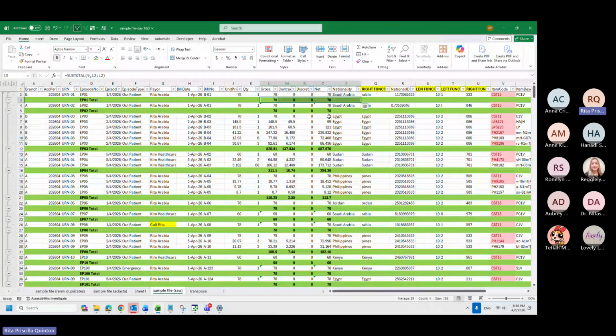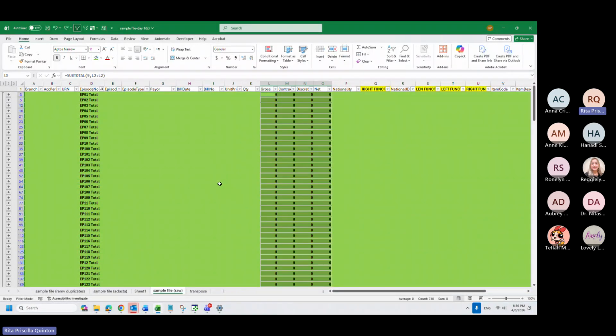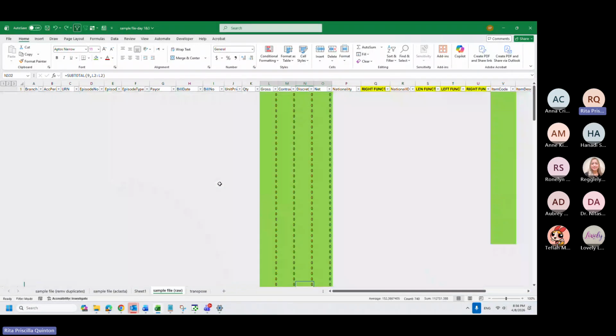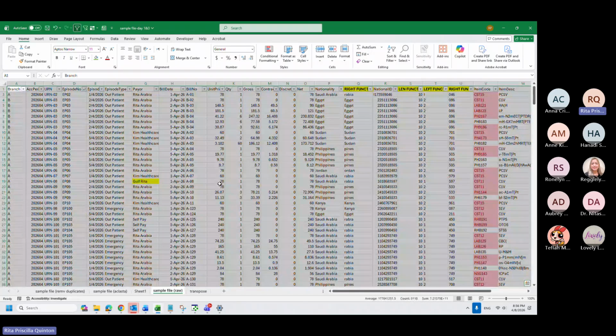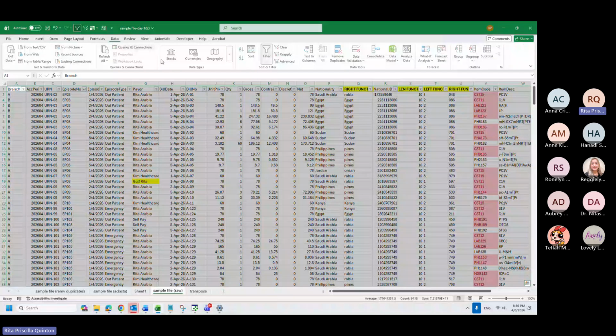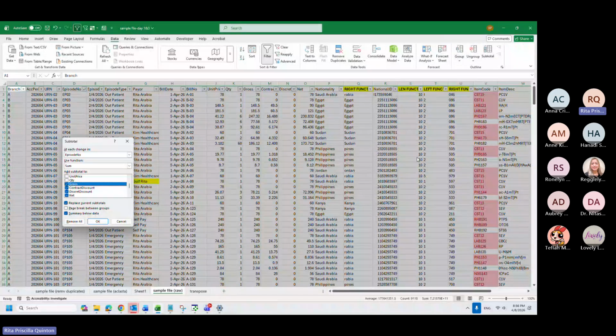I always remember Mr. Salim when I do this because Mr. Salim wants a space in between episodes or each patient. If we will do this for each patient, instead of selecting the episode number, I will select the MR number because he only wants space, so I don't mind if I only put the subtotal anywhere. So I will just click URN, each change in the patient.